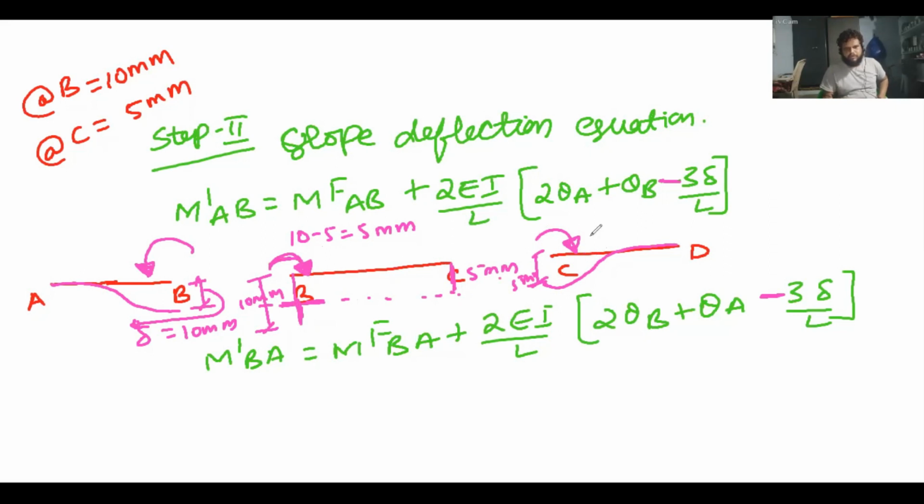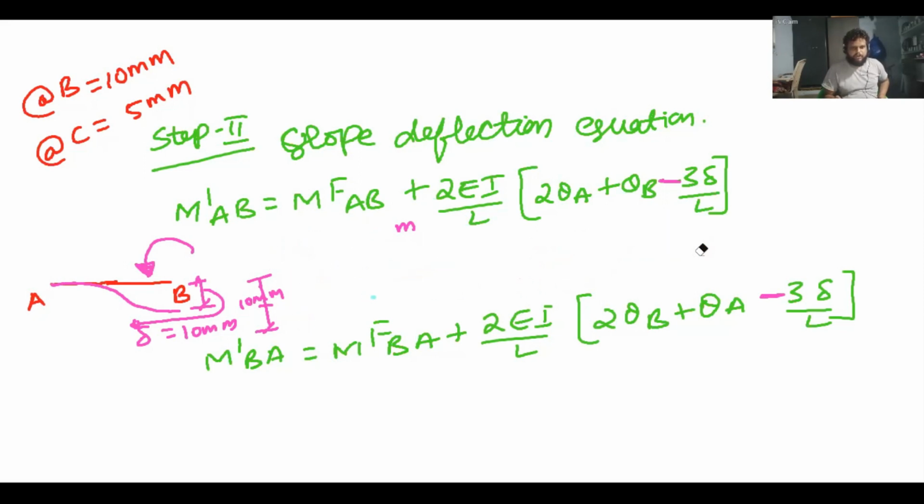Next in the CD span, only C is going to sink. At C joint only there is sinking. So what type of moment? Clockwise moment is required to create this 5 mm deflection. Why am I telling this? If you don't understand this, you will directly put a minus value for all these spans. It should not happen. First span only minus and remaining plus, because the moment required at both spans is positive. So in the BC span and CD span you have to replace this minus with plus. That is the only difference when both joints or both supports are sinking.